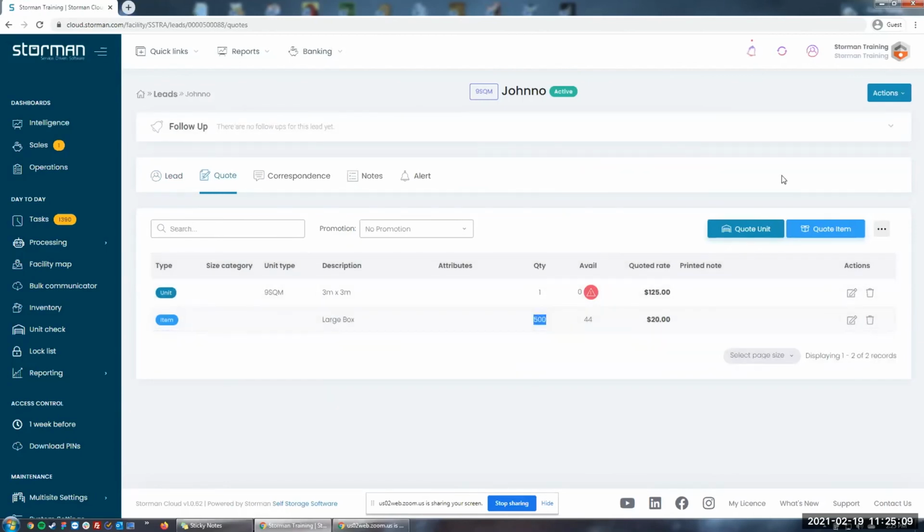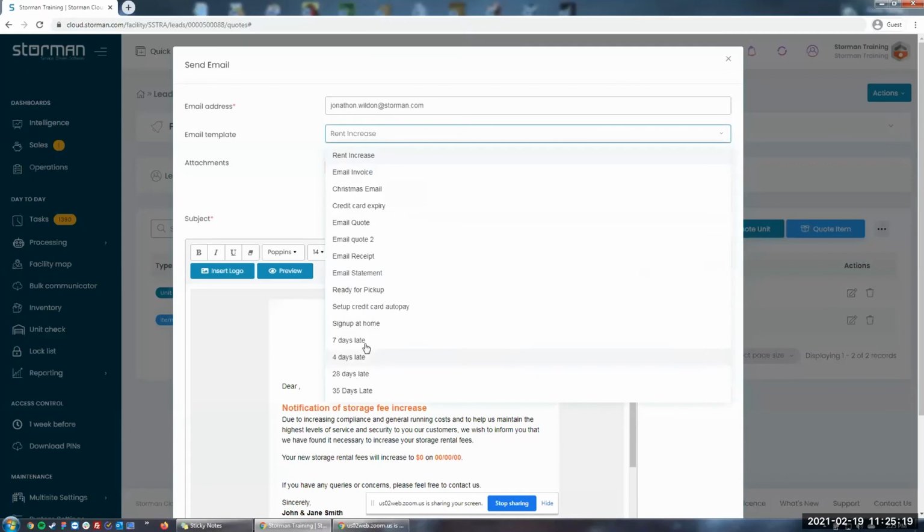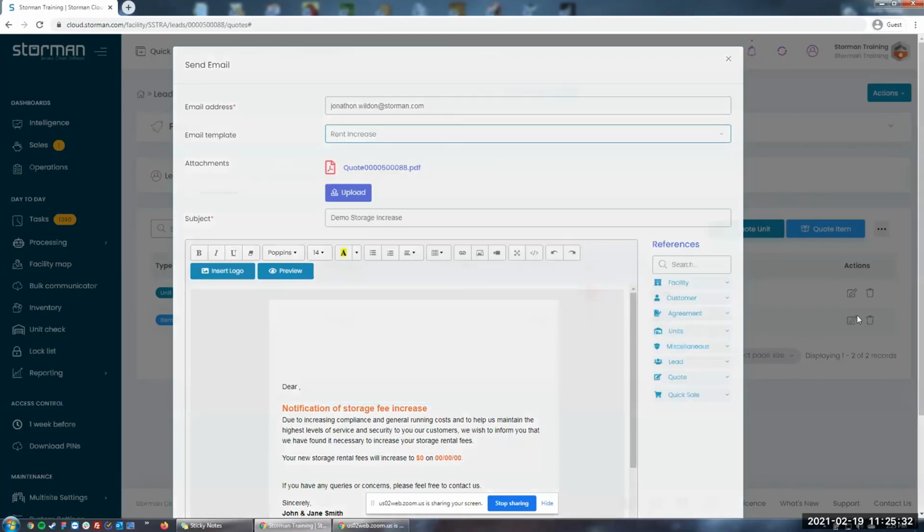Now, normally what I could do here is I could hover on this button and print the quote, which would download it as a PDF, or I could email the quote to my customer, and I can select from the templates or the notices that I have available. And as you can see, this list can be a little bit daunting, and there are emails in here that aren't actually related to quotes or leads. So what we can do, if I close this and come back to correspondence plans,